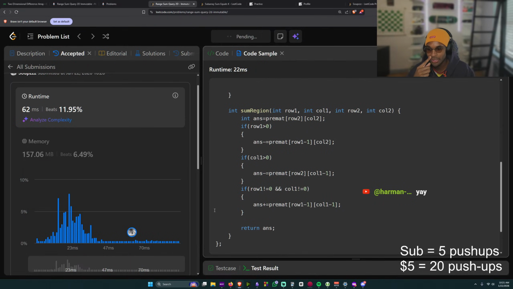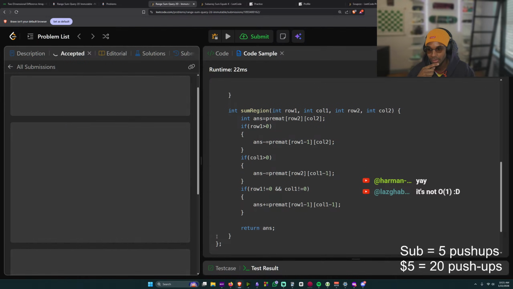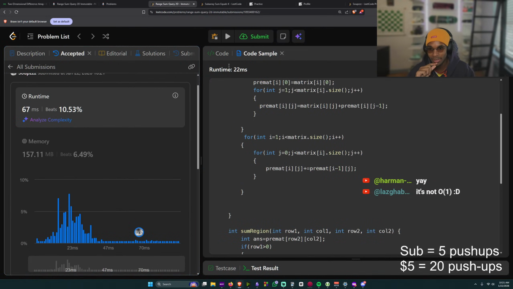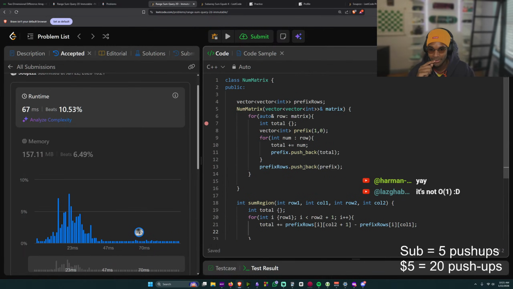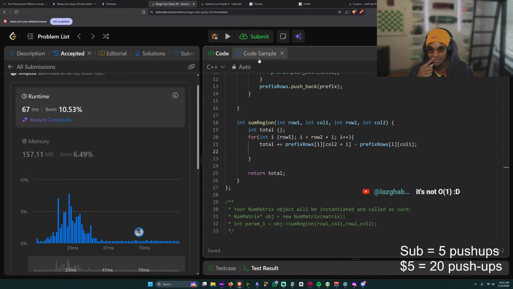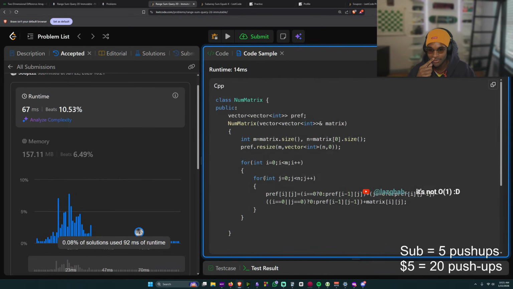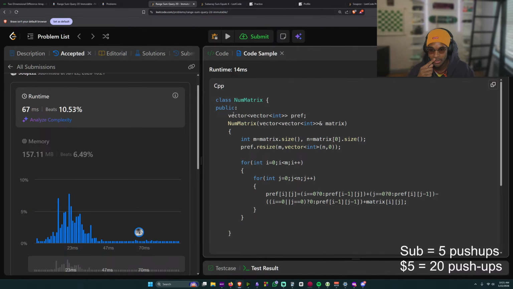Is it one of those things where... Why is mine so slow? What's so bad about mine? What's slow here? And what are the faster guys doing? A 2D prefix sum?